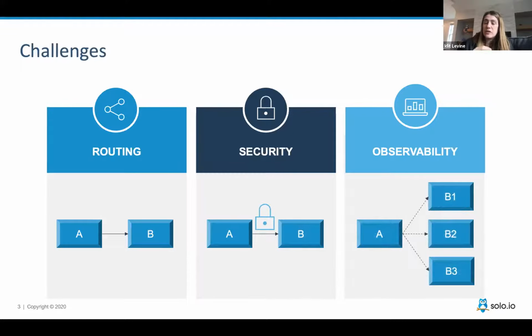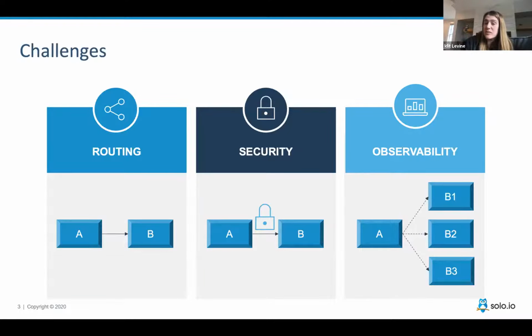And the last one: because now we have a lot more copies of each microservice, potentially you have service A that wants to talk to service B, but there are a lot of replicas of those services. So you don't really know where the request is going, and you have no visibility whatsoever. A is talking to B1, and B1 could talk to C2, and so on, and you don't know the flow of the request. That creates a problem. For instance, how do you collect the logs now? They're spread all around, definitely with different transactions. How do you make sense of it?